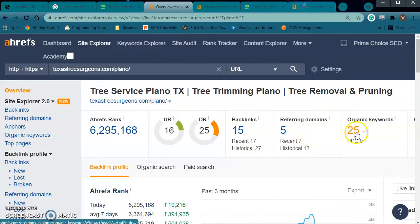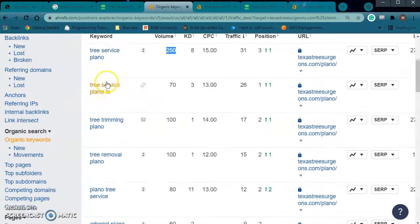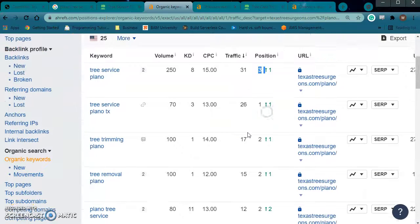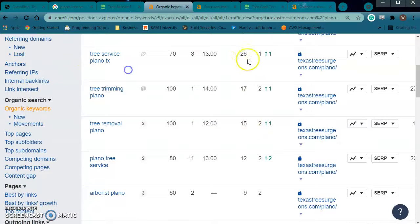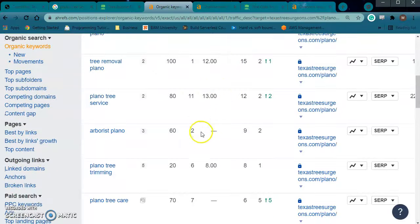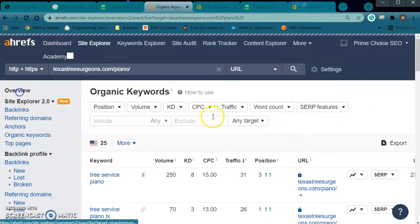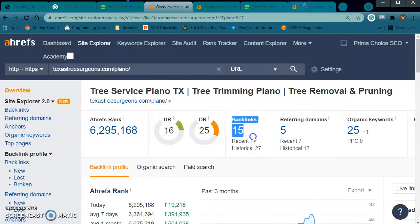Now let's look at their organic words, right? What are they ranking for? So you look at Tree Service Plano, you see the volume of how many people every single month are looking for this exact word, Tree Service Plano, and they're ranked number 3. Then you go down to Tree Service Plano, Texas. They're ranked number 1. They're getting volume of 70. Tree Trimming Plano, 100, ranked 2. And when you start seeing all these volumes and you start seeing that these guys are ranked up here, and then you look at these UR and DR and the low number of backlinks,